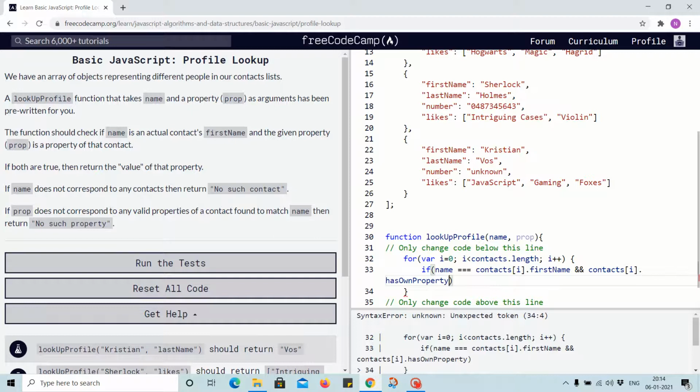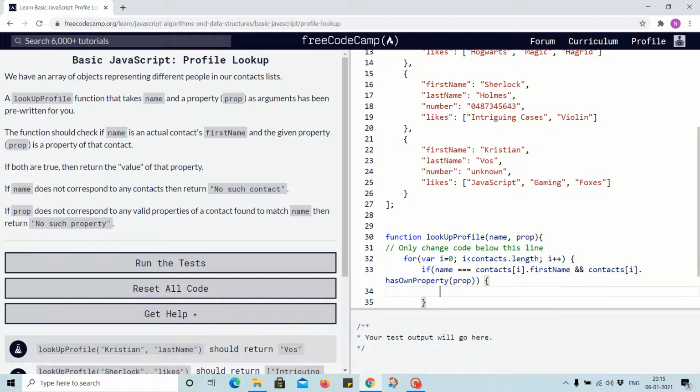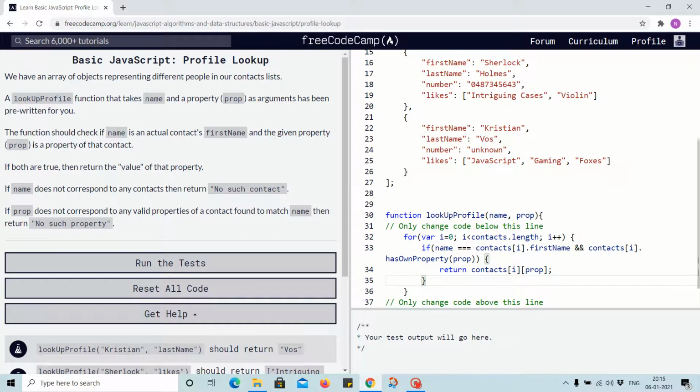then only it will return contacts[i][prop]. Otherwise it will continue the loop to check if there is any value which fulfills the condition. If there is not,